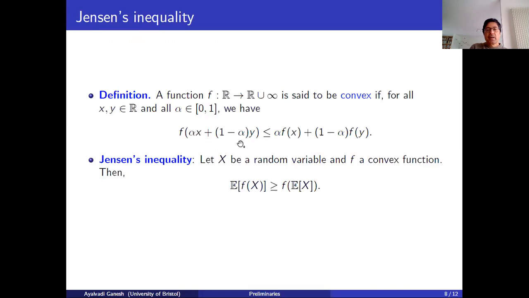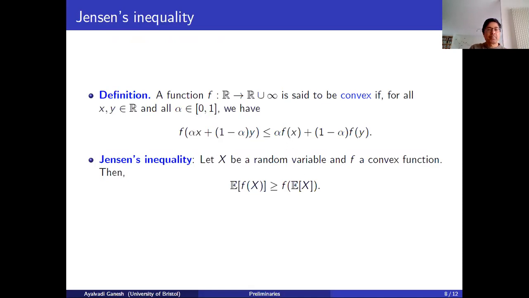Then alpha x plus 1 minus alpha y is the mean of this random variable x. So the right-hand side here is the left-hand side here and the other way around. Okay, so Jensen's inequality is just the definition of convexity if the random variable x can only take one of